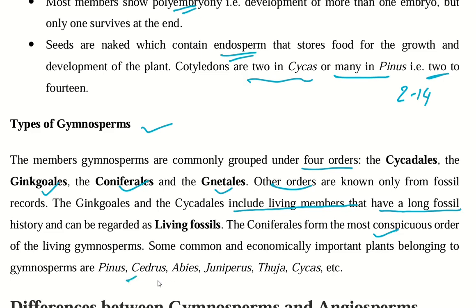Some common and economically important plants belonging to the gymnosperms are Pinus, Cedrus, Abies, Juniperus, Thuja, Cycas, likewise Podocarpus, which can be used to make plywood. Cycas rumphii and Cycas revoluta species: starch content is used for food processing. Likewise, it was directly cooked in the historic civilization of humans. Primitive people used to have it as a dinner, and it can be used as vegetables,